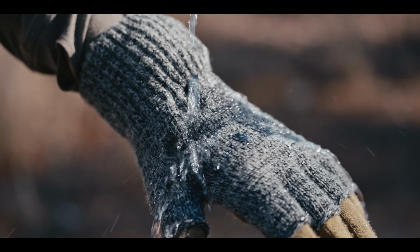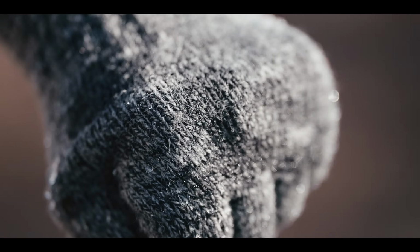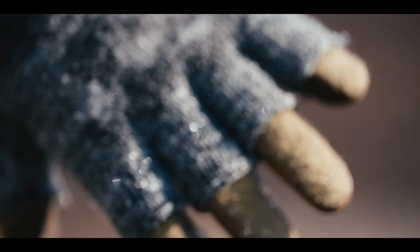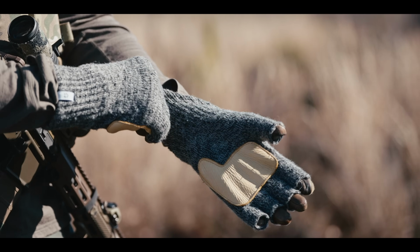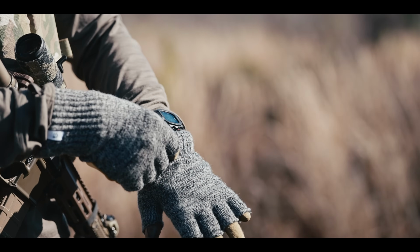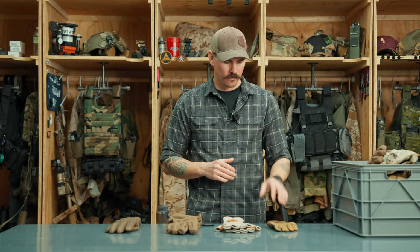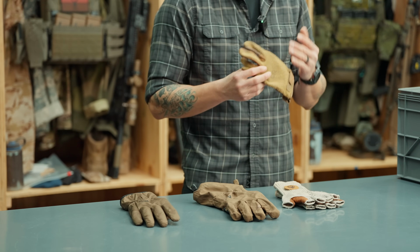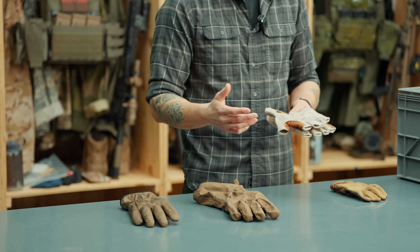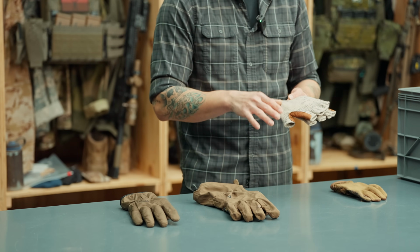Another positive side to the fingerless wool gloves is that you do retain some warmth if the gloves do end up getting wet. Keep in mind you may have to go up a size if you do get a fingerless wool glove just to accommodate it going over another glove without restricting your blood flow. So now if we think of it as we now have the base layer glove, which is the shooting glove, the mid layer or active insulation layer glove, which is the fingerless wool glove, and now we can add a